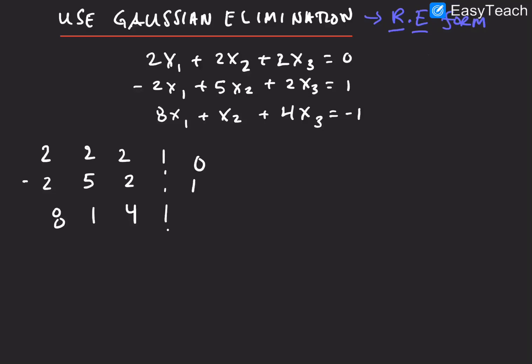So here is our augmented matrix. All we did was we took these x sub 1 values and we transferred them into a column. For x sub 1, we took these x sub 2s and we transferred them to the x sub 2s in this column. And we took these x sub 3 coefficients and we plugged them in under this x sub 3 column. And we took these constants and we plugged them in into this column. Okay? And we lined them up. Great. Okay, so we're going to apply those elementary row operations